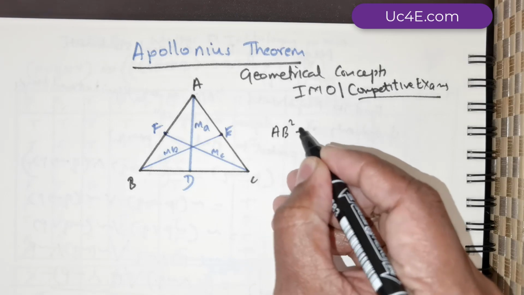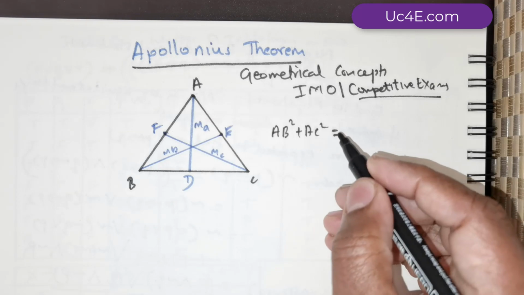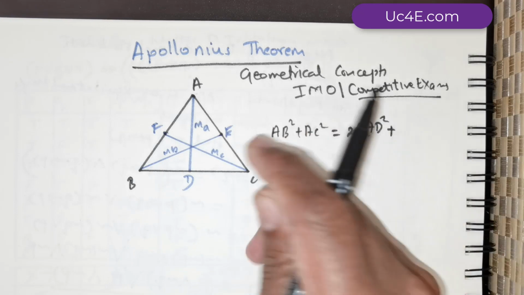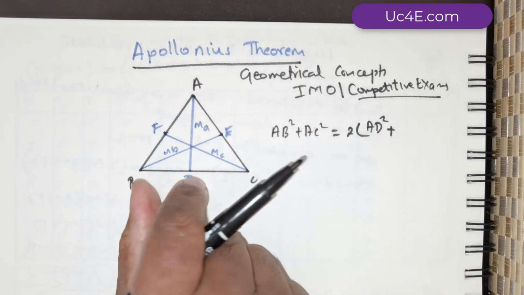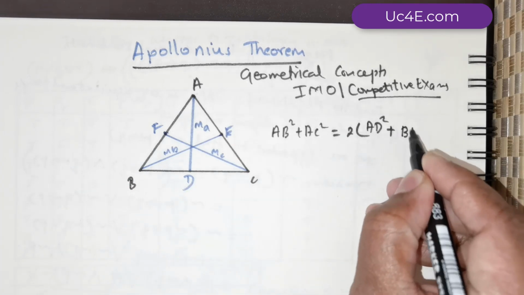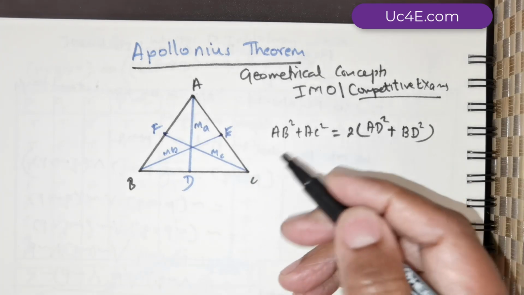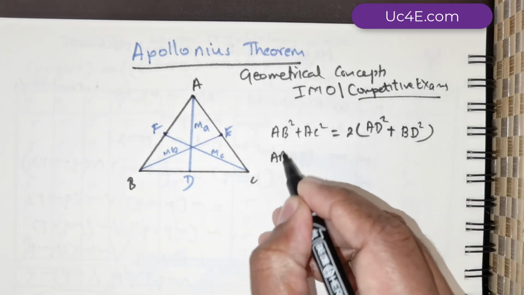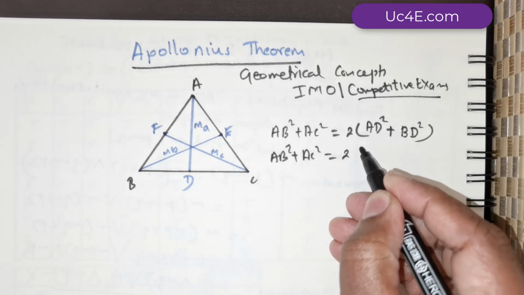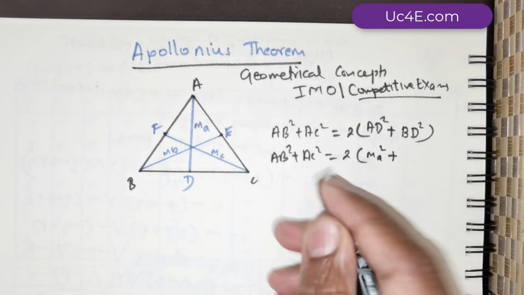So it's going to be AB squared plus AC squared, which will be equal to 2 times AD squared plus, now this distance is BD, right? So you have to place that distance BD squared. So this is the formula. Now AB squared plus AC squared is equal to 2 times AD, the length of the median, which is MA squared, plus